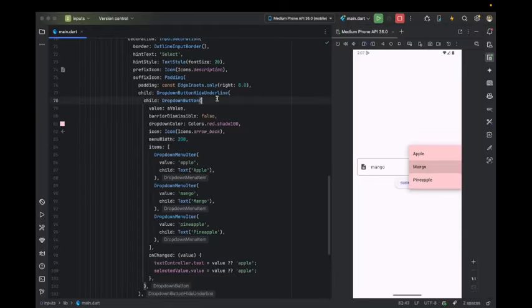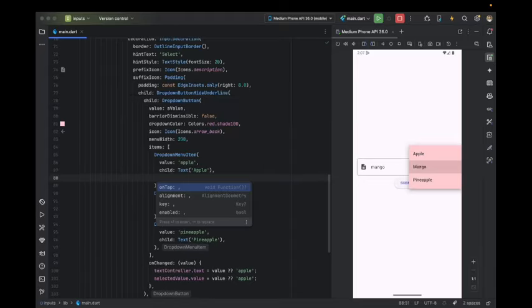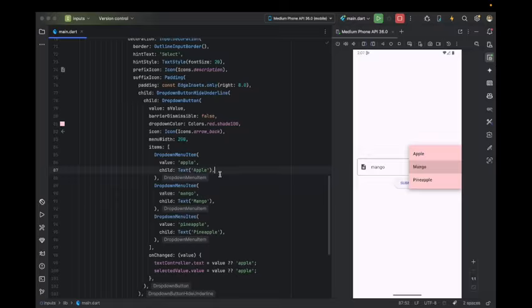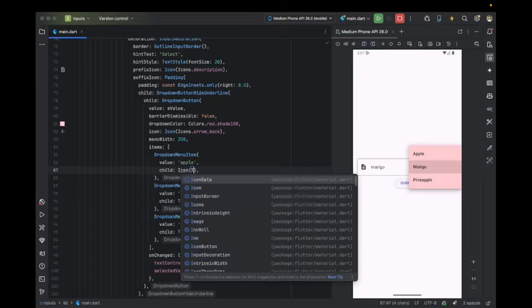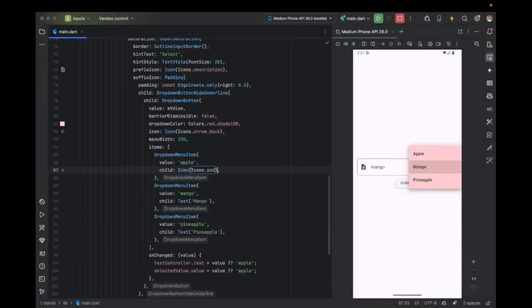Okay. So yeah, this was all about the dropdown menu, I think. And just in case, if you want this not as text, I can add, just close this. If I come to this, it will be an icon. So it doesn't matter that you are using the text field only, you can use icons as well. Not only icons, any type of widget. So yeah, this was all about